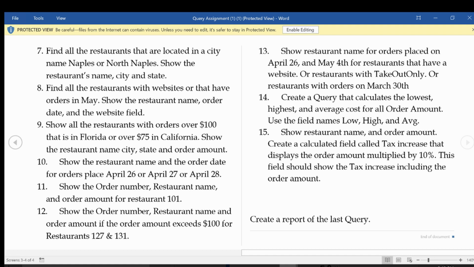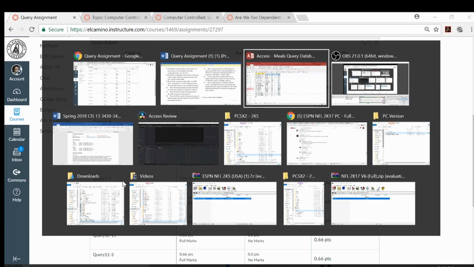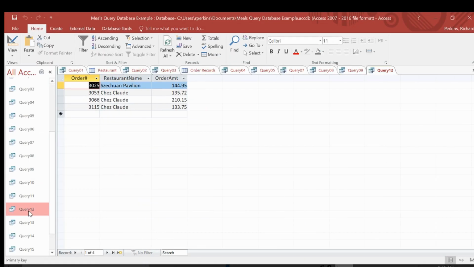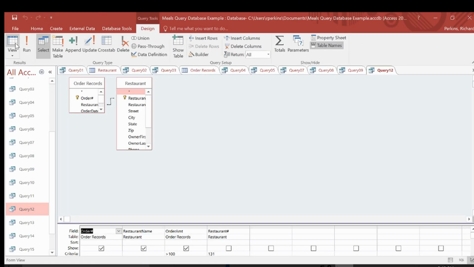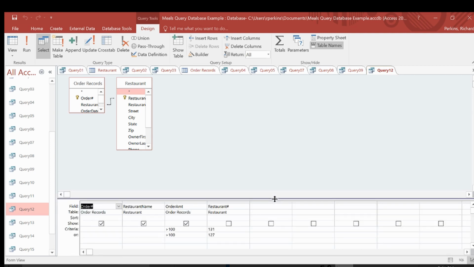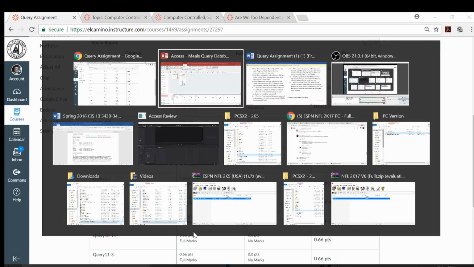Show the order number, restaurant name, and order amount for restaurant 101. That should be pretty easy. I'll do number 12 because this is easy, but it's kind of tricky. So let me see if this person got it correct. Okay, so they did it correct. You can do it this way. So we're trying to find